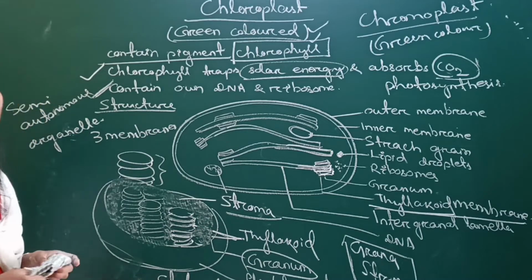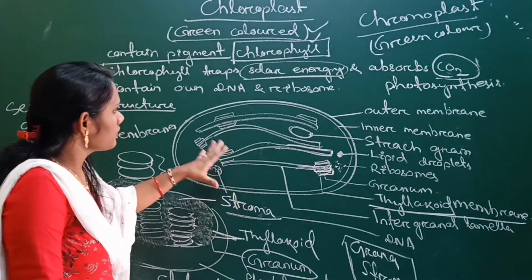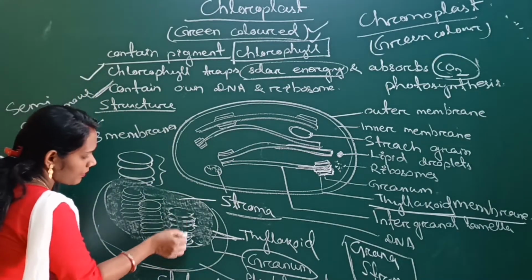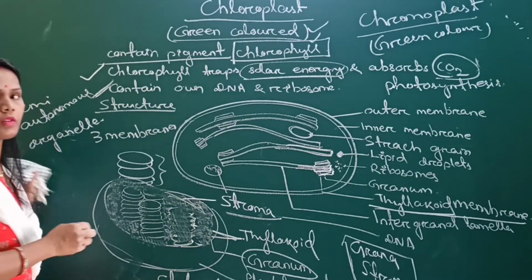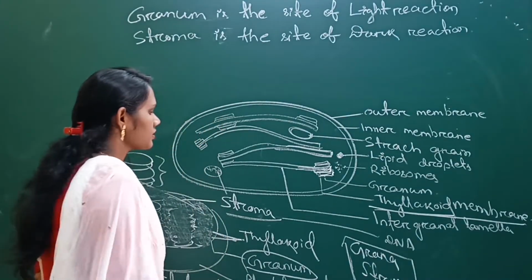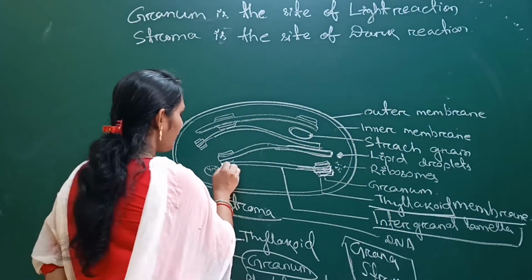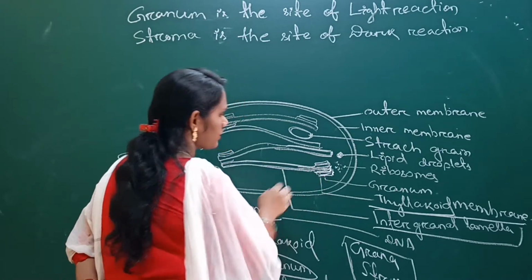And this substance is called stroma. Okay, so the inside region of the chloroplast is divided into two types. One is grana and another one is stroma. Okay, so here another structure is called intergranal lamellae, and this extension structure, as you see, is the intergranal